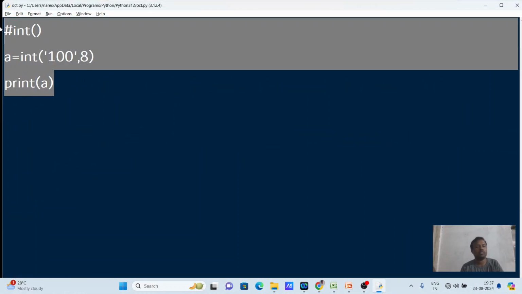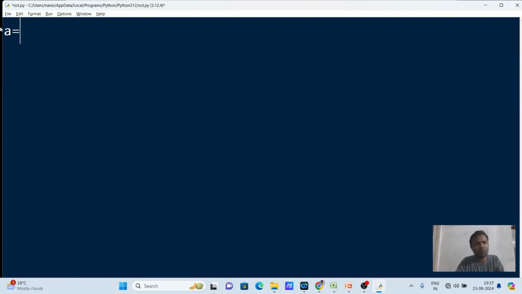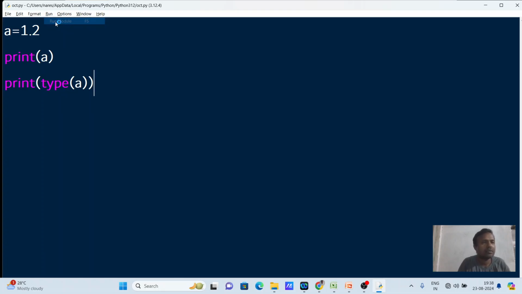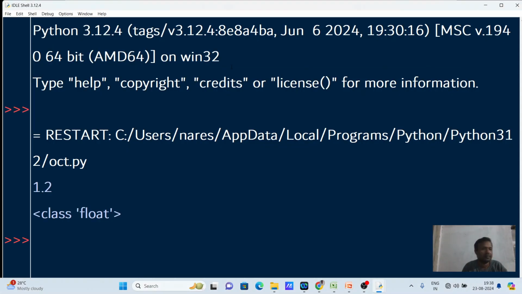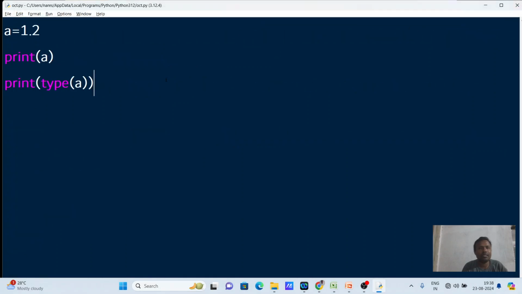Now the next one we are going to see is the float. Now the float means, which you already know, the moment you have the dot in the number representation, it is a floating point. You can check with the help of the type function, right? This is what. Now the another important thing you have to understand, you can represent the floating point value in